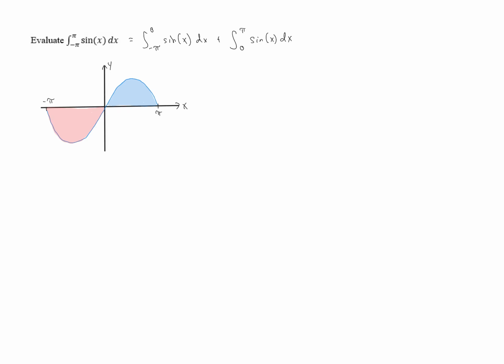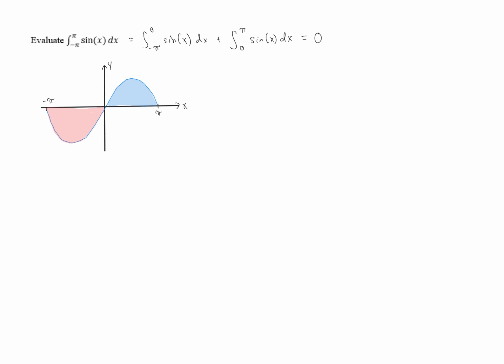except when we're looking at the integral, one of them is a negative value, and one of them is a positive value. So what that means is that these two quantities are opposites of each other. One of them is a positive amount, and the other is a negative version of that same amount. And when you add two opposite numbers, like 5 and negative 5, or 3 and negative 3, or pi and negative pi, you end up getting 0. So in the end, this integral is equal to 0 because we have the same areas contributing positive and negative